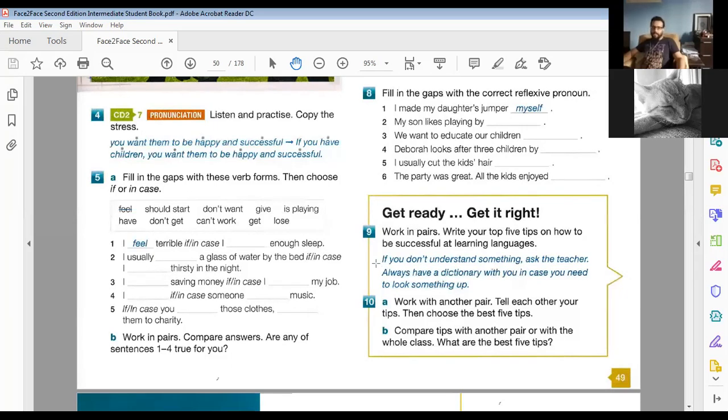So imagine your friend who's a beginner student. He's asking you, Ibrahim, can you give me some top tips on how to improve my English language, okay? So you're going to give him 5 tips. And these tips are usually, you're going to try to make them in the zero conditional, okay? So can you read these 2 interesting tips here? We have 2 tips. I'd like you to read them, please. Can you read them?